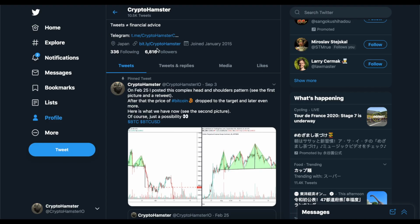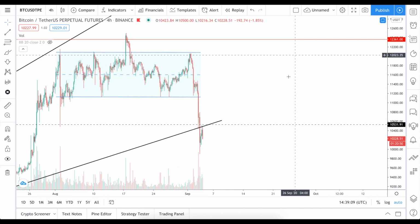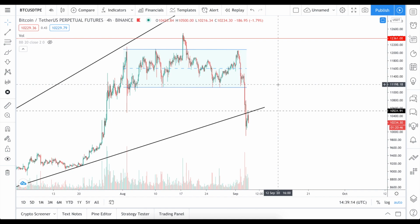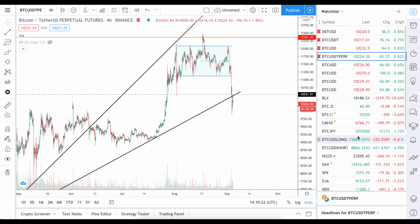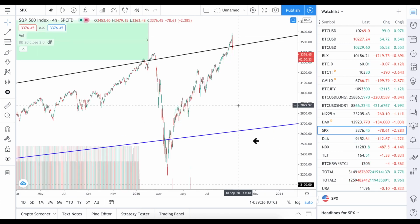So yeah, it's not very encouraging seeing that kind of a repetition of such patterns. So yeah, there is a very high chance that we continue to go lower. I don't say that we will. I don't want to sound bearish, because again, it was a long bull trend. It's very likely to continue, but again, a lot of things will depend on the global markets, and you see